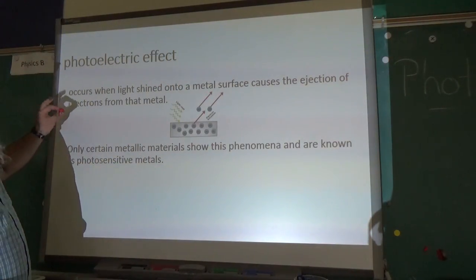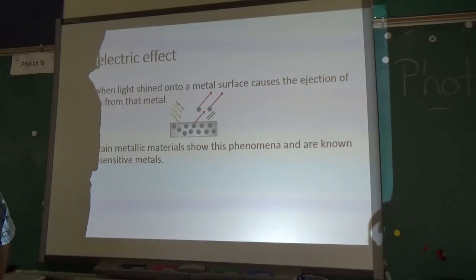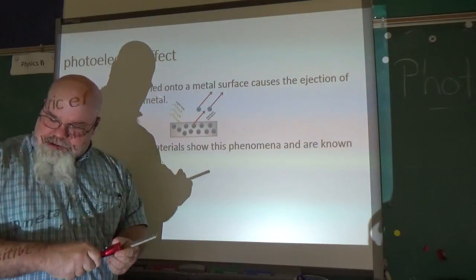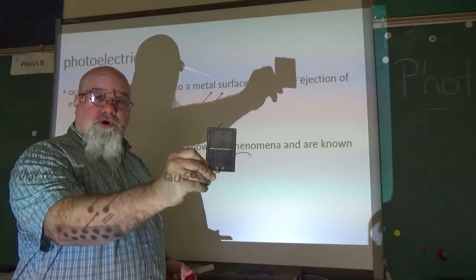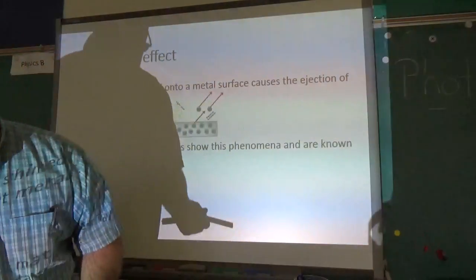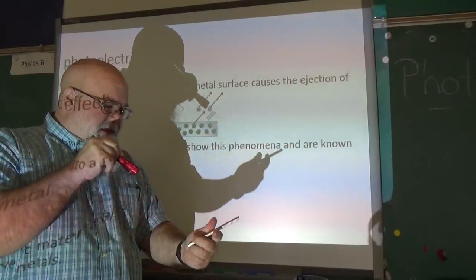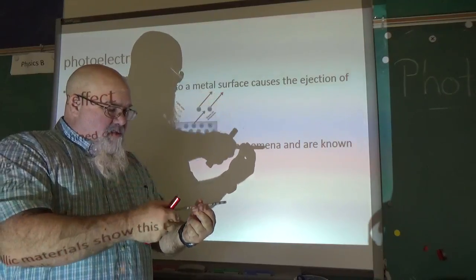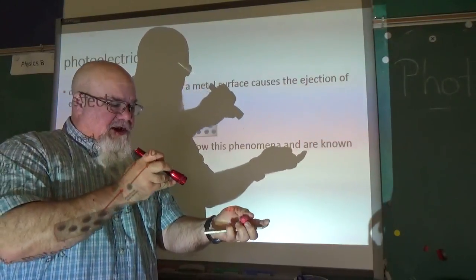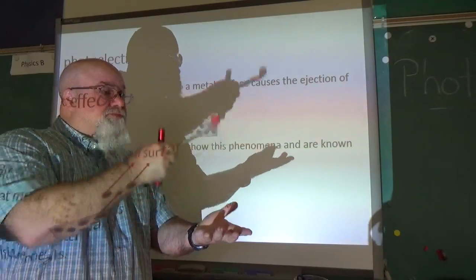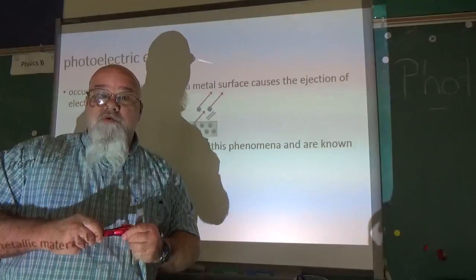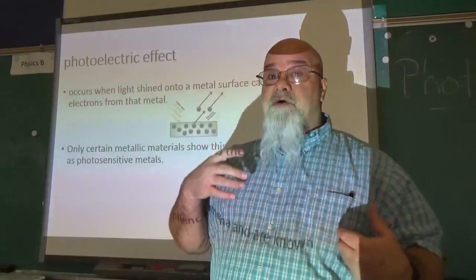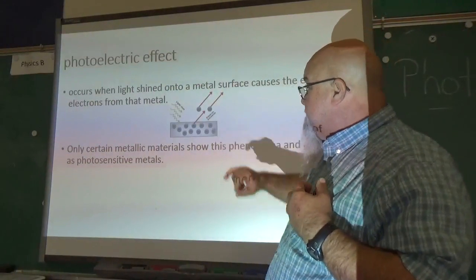So what's happening is when I shine a light onto a chunk of what we call photomagnetic metal, this is just an example, or in many cases that's what builds up a solar cell. If a light is shined on it, and remember the light is coming from a source, from the sun or something else, that's the incident light. What it does, it frees the little electrons that are on it, and it causes them to spring off, to move in quantums. If you remember in electricity, that's what a current flow is, it's moving electrons. So that is essentially what we're starting.